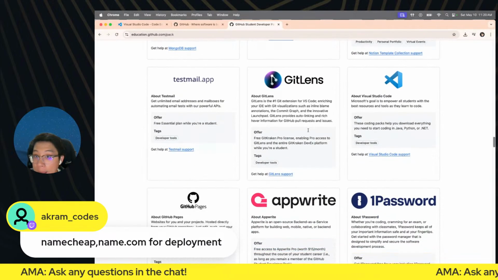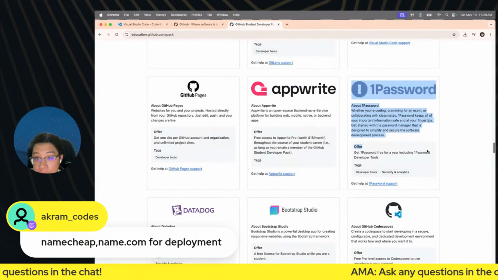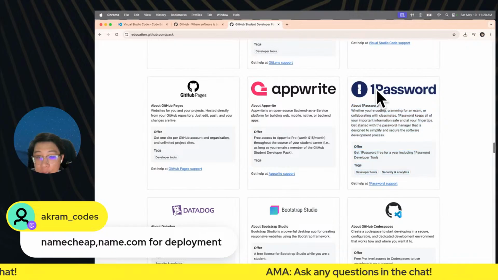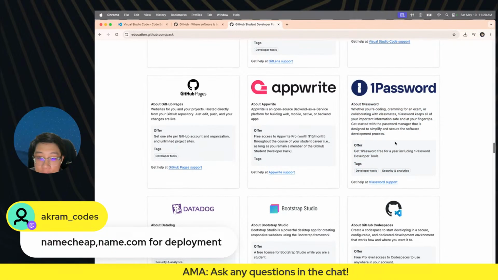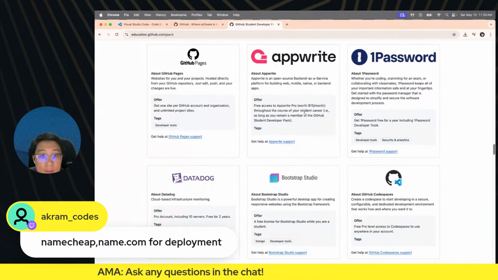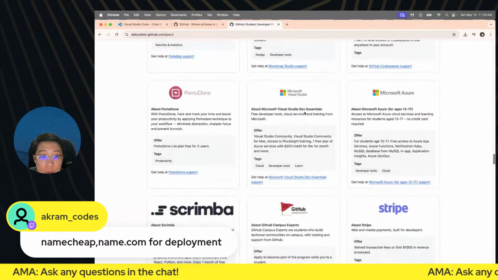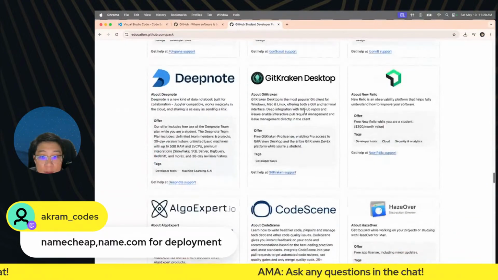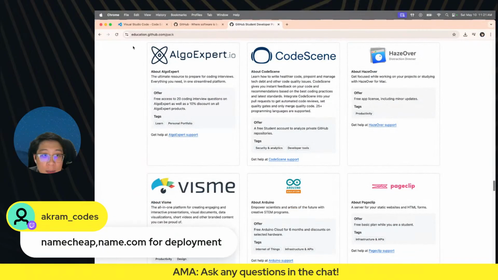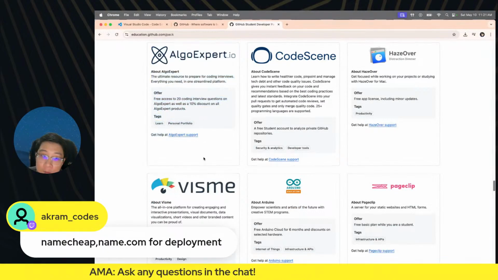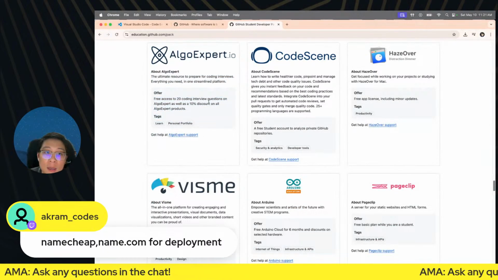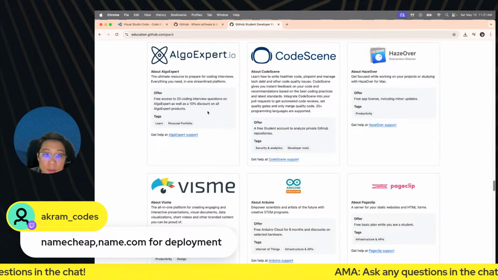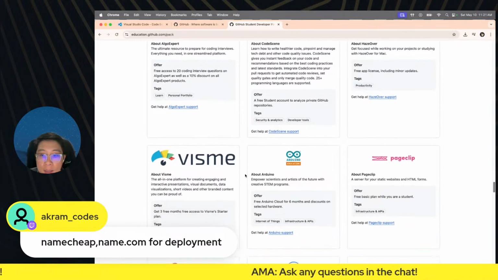What else do I have? 1Password. I'm sure a lot of you use password managers. This is actually free. The Pro plan is free for a year. And so much more. Yeah, so I won't go through everything. AlgoExpert is another one. If you're preparing for coding interviews, they have some awesome practice questions that you can practice with.